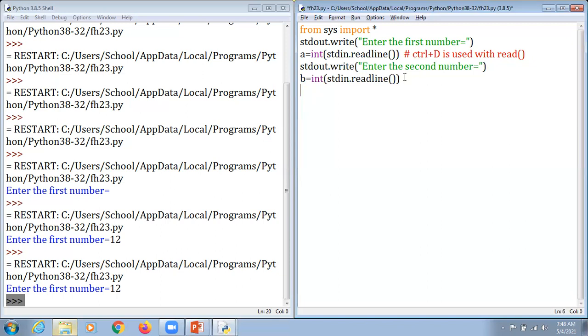So what we do here, we check if b is equal to 0. If b is equal to 0, then it displays a kind of error. So we use standard error, sys.stderr.write, because we are going to display some message here, and it says divide by 0 error.